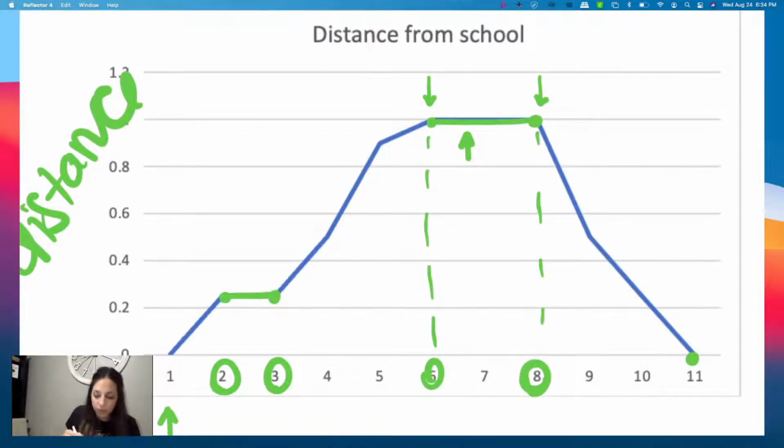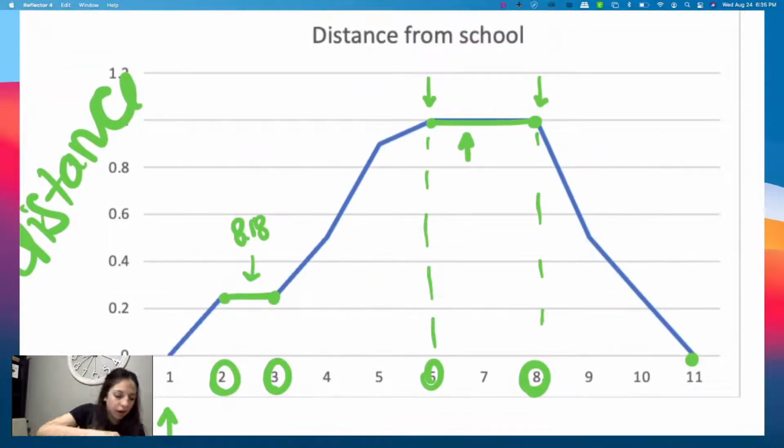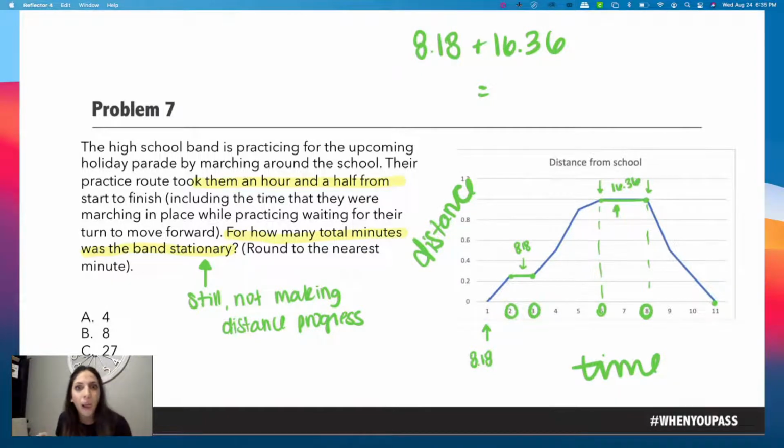So how many minutes were they stationary right here? 8.18. Because it's one time interval. How many minutes were they stationary here? 8.18 plus 8.18, which is 16.36, because it's 2 time intervals. So now I'm going to add 8.18 plus 16.36. And that gives us, ooh, did I do that right? Oh, and